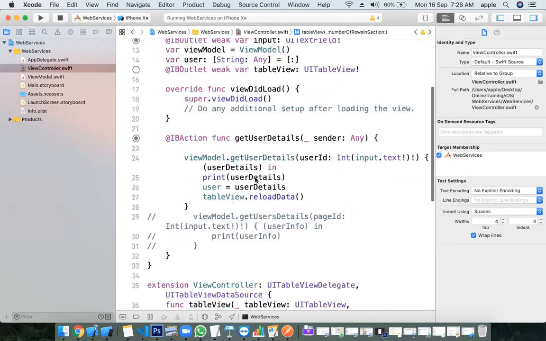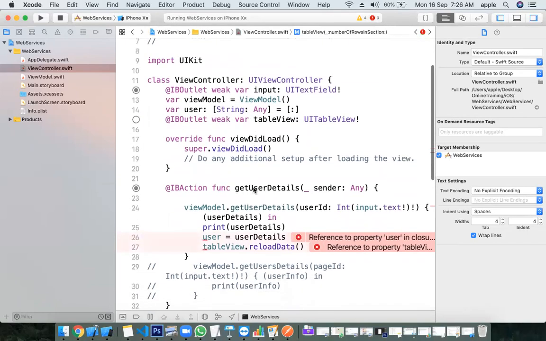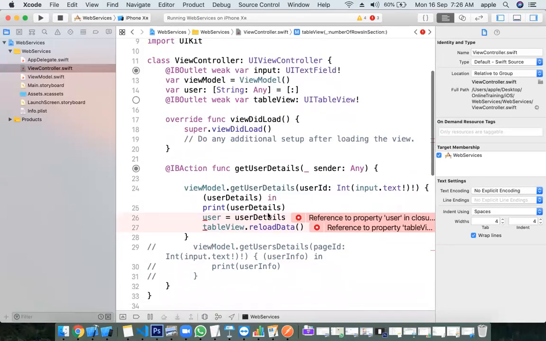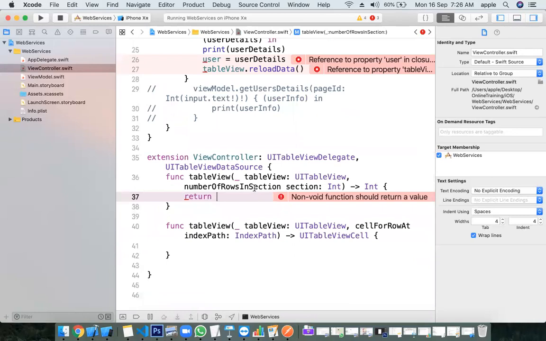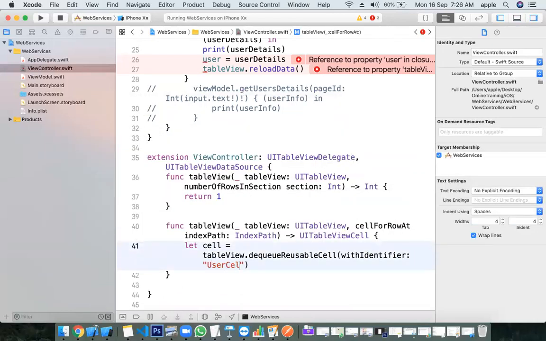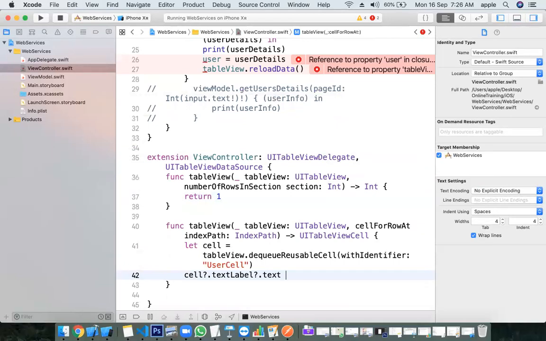Now here return. How many objects for only one user we have? It is going to be how many keys are there? Those many. It is one object. Okay. You have only one object, right? Directly at this moment I'm giving only one object. Let cell equal to table view dot dequeue reusable cell with identifier. User cell dot text label dot text equal to, first of all, first name